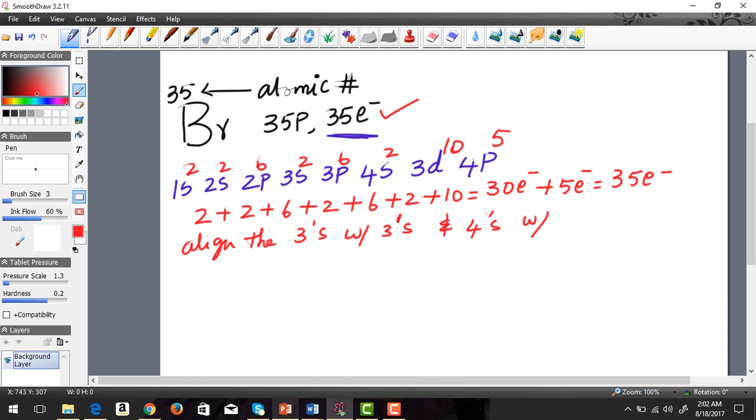That should always be the case. Everything should be with their own family. Okay, 3s with the 3s, and 4s with the 4s. Okay, this is not S. So if I were to go back and redraw this using maybe an orange color, okay, I'll pick the orange. So we don't want to do that simple swap that we did because of that extra 4p here. So all I'm going to do is wait till I get to,